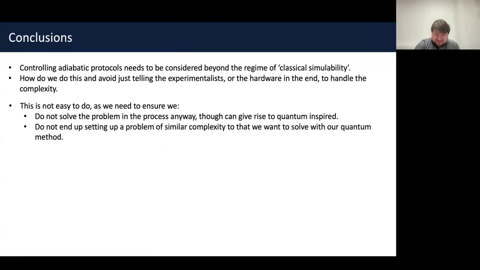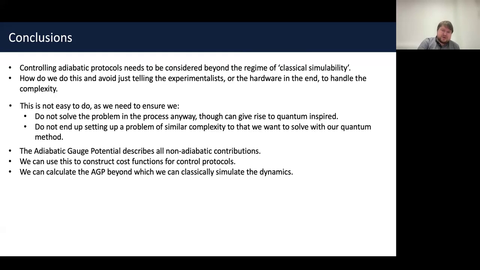Okay, so I hope that I've convinced you that at Strathclyde we're making efforts towards controlling adiabatic protocols beyond the regime of classical simulability, and that this is not easy to do. We don't want to solve the problem in the process. So that means by solving for the adiabatic gauge potential, we don't want to just solve the problem that we initially had, because then we wouldn't be using quantum at all, though that would be a nice quantum-inspired method, I guess. And we don't want to end up with some problem of similar complexity, and the jury's kind of out on that one still. But the adiabatic gauge potential describes all non-adiabatic dynamics,